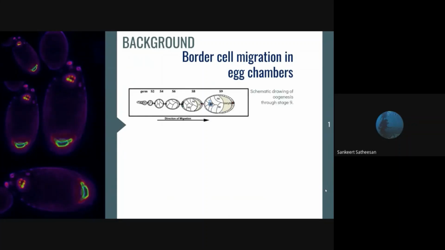In Drosophila, the ovary is made up of ovarioles, which are strings of egg chambers. They are arranged in different stages of maturity. Each of the developing egg chambers is composed of 16 central germline cells, which consist of 15 nurse cells and one oocyte. And this whole is surrounded by a monolayer of somatic epithelia.